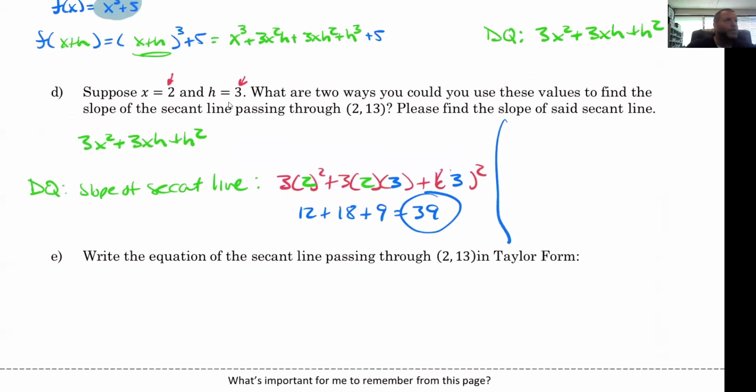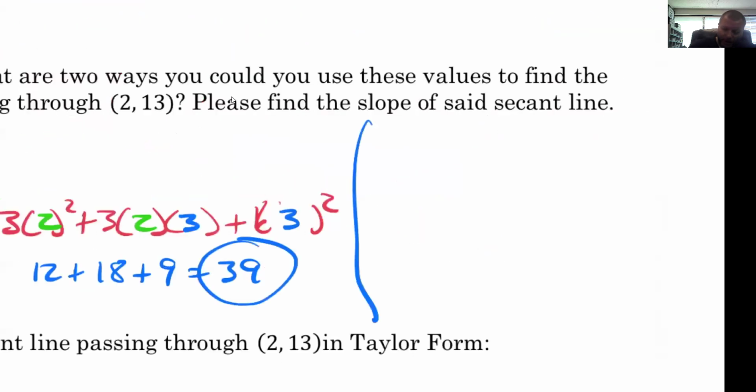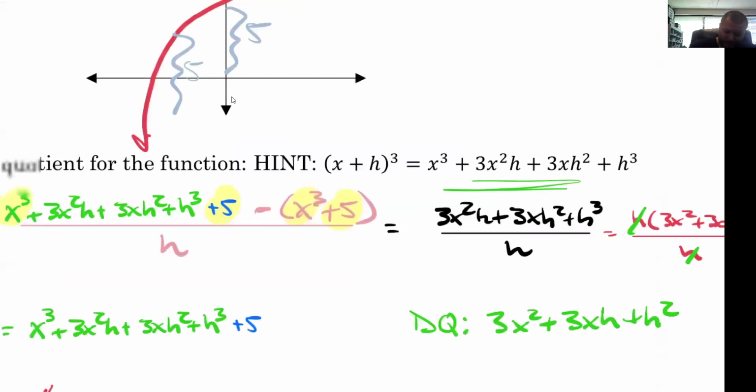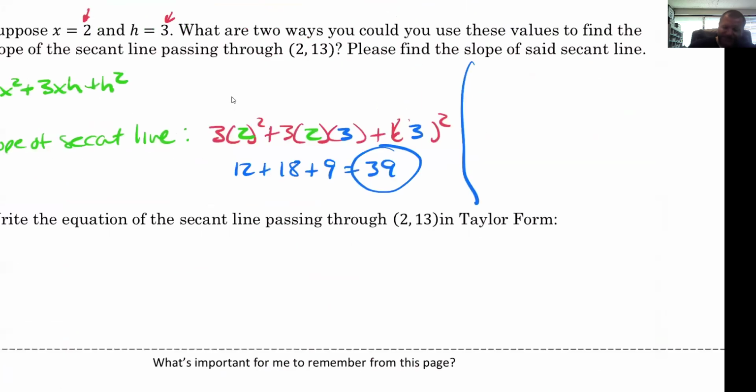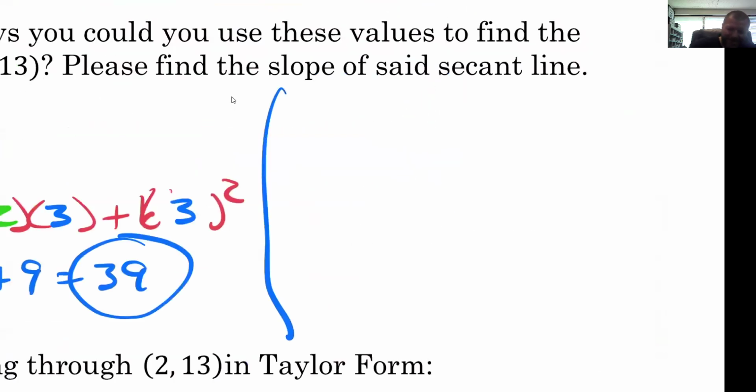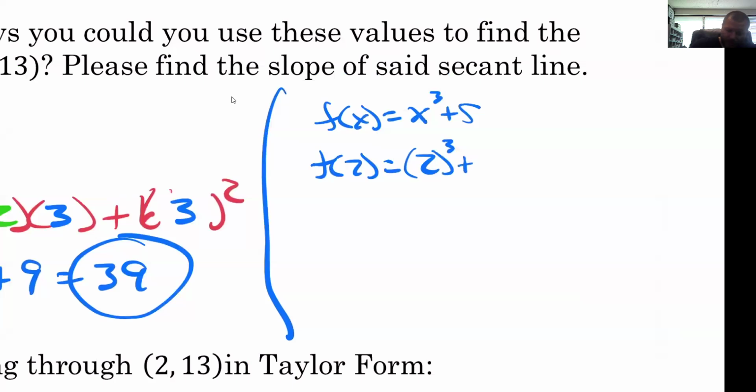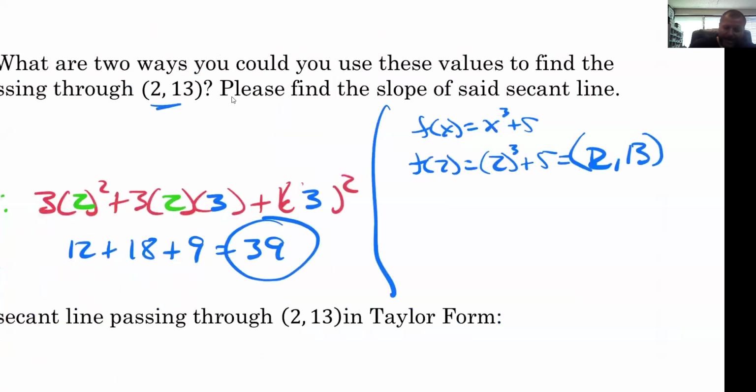So another way you could do this is you could say, well, I'm at x is 2 and I move 3 over. So if I'm at the point, let me just make sure that (2, 13) was the actual point, because sometimes we make mistakes. Oh, not for this one. So if f of x is x cubed plus 5, f of 2 is going to be 2 cubed plus 5, which is 13, right? So we have this point (2, 13), which is on our graph. So if h is 3,